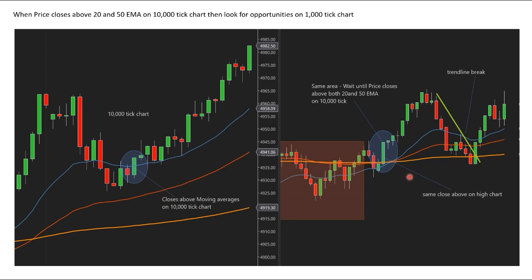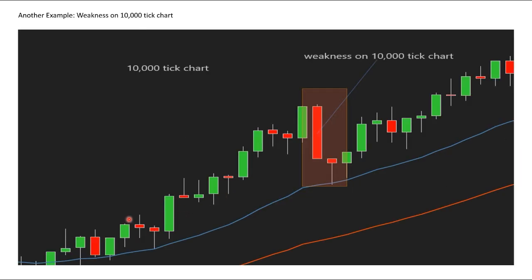And that's why we use the trend line breaks only in the conditions that are met according to the 10,000 tick chart, where price has to be above the 20 and the 50 EMA, and they have to be going in the proper order. And it's even better if they're above the 200 moving average. So let's continue to look here. So we stay long until we see weakness,